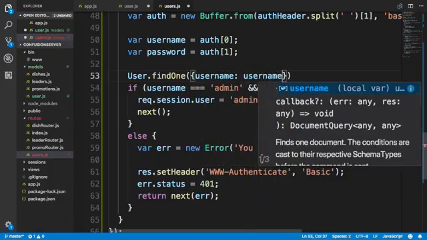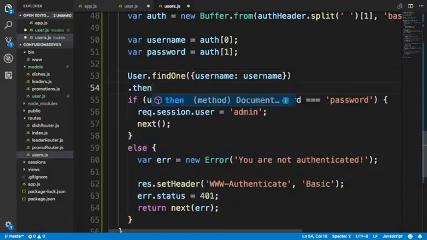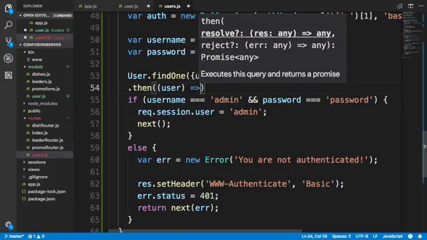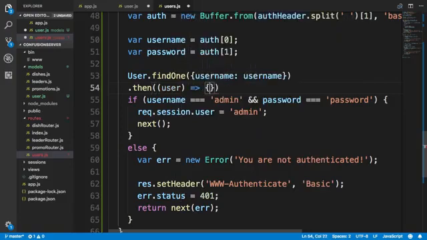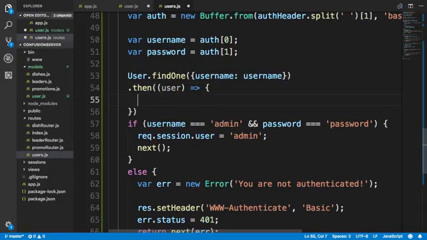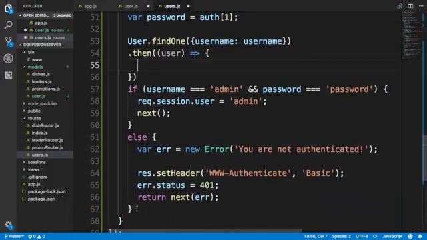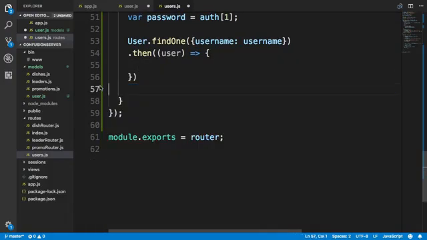So this property is equal to this username that we have just retrieved, and then we'll say then user. So inside this then, I'm going to move this code inside this then, because now what I'm going to check for is,